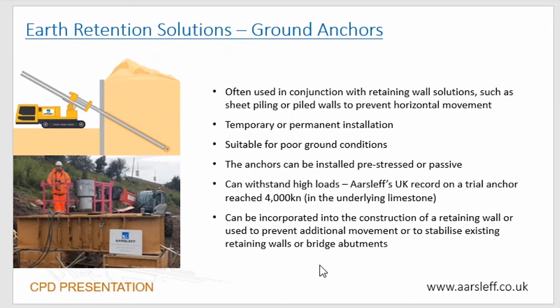Anchors can be pre-stressed or passive. The actual design of them is a fixed length, which is encased in grout material at the lower end of the bore, and then there's a free length that's unbonded to the ground. Generally, when you're looking at ground anchors, the usual consideration is for quite a long design life criteria, which